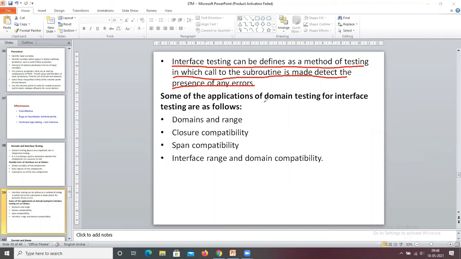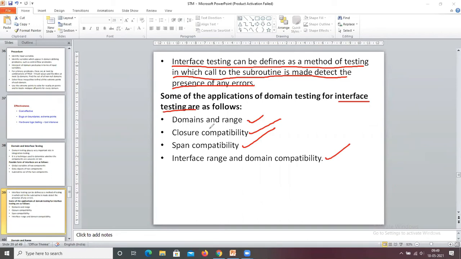Some of the applications of domain testing for interface testing are as follows. The first one is domains and range. The second one is closure compatibility, span compatibility, interface range and domain compatibility. So the first one is domains and range.